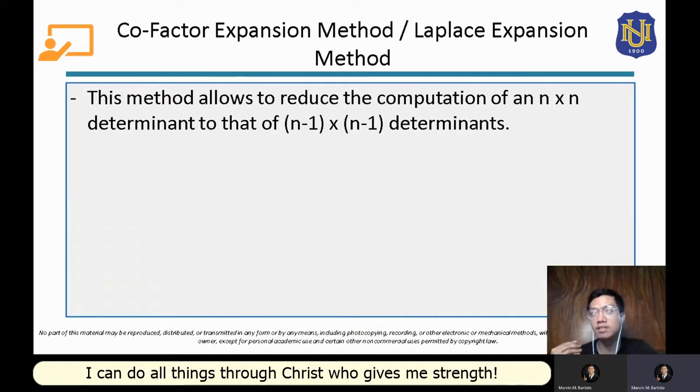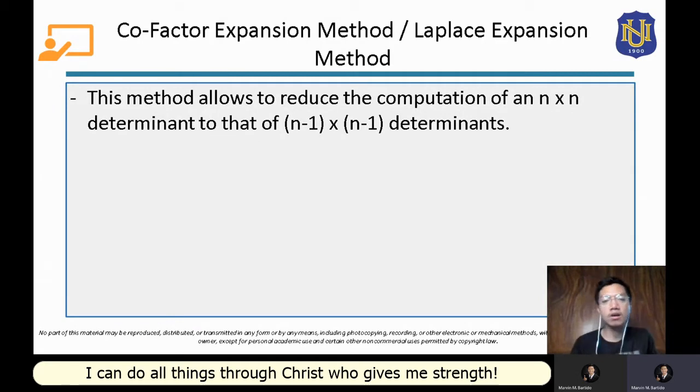It's also the same if, for example, the given matrix is 5 by 5. If you use this cofactor expansion method or Laplace expansion method, that 5 by 5 matrix will be reduced to a 4 by 4 matrix. But since we still cannot solve the determinant of a 4 by 4 matrix using basket method, we have to use this method again so that it can be reduced to a 3 by 3 matrix. Then we can use basket method to solve for its determinant. So we use this method twice in order to reduce that 5 by 5 matrix to a 3 by 3 matrix. That's how we use this method in solving for n by n matrices wherein the order is